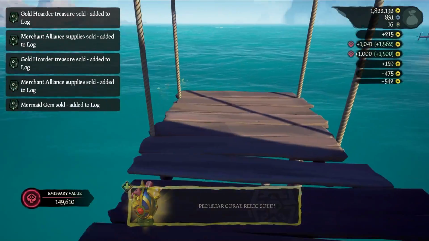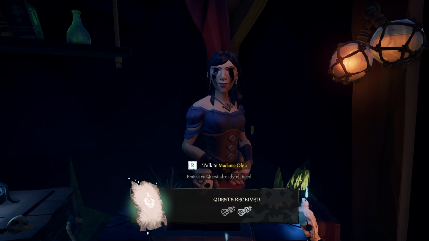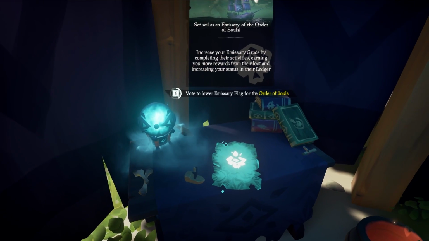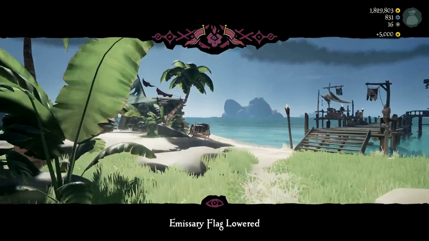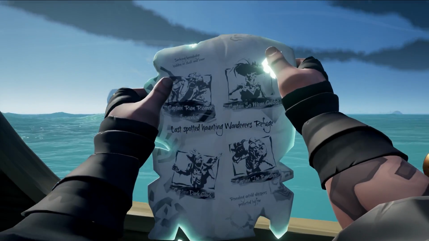But anyway, once I had sold everything, I decided to take an emissary quest as I had done with the other factions. However, this time I learnt from people in the tavern that if you lower your emissary flag between missions, you will gain extra rep and be able to stack your emissary quests. So I lowered and raised again before heading out in search of many